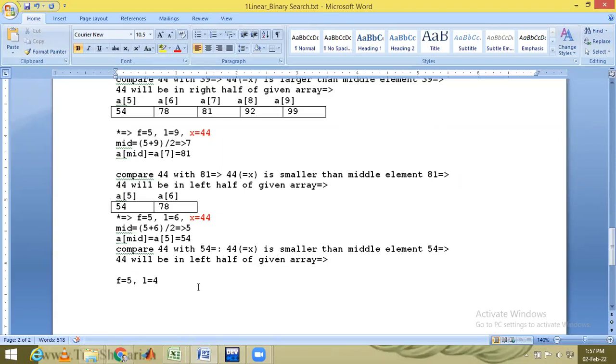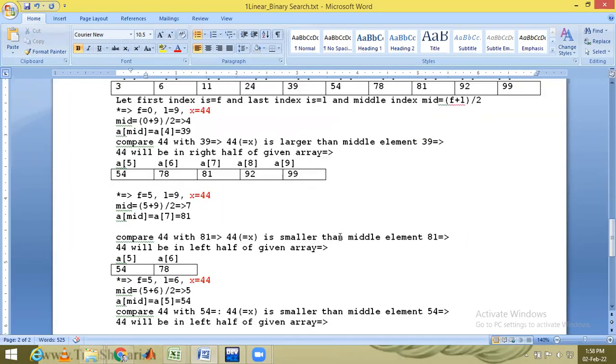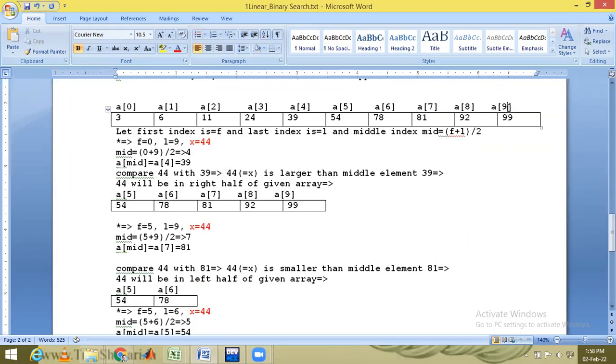तो अब ये केस कैसा आ गया जिसमें F की वैल्यू L से ज्यादा है? इसका मतलब है एलिमेंट इज एब्सेंट एंड सर्च स्टॉप। या तो एलिमेंट मिले तब तो हम बताएंगे और वो एलिमेंट सर्च स्टॉप करेंगे, या फिर ऐसा केस बन जाए जब F की वैल्यू L से बड़ी हो जाए। क्योंकि हमेशा हम लेफ्ट टू राइट चल रहे हैं और हमेशा F की वैल्यू L से कम होनी चाहिए, क्योंकि हमने इनिशियलाइजेशन में लिया है भाई। F की वैल्यू को 0 से इनिशियलाइज किया था, एन L की वैल्यू को लास्ट एलिमेंट से लिया था।